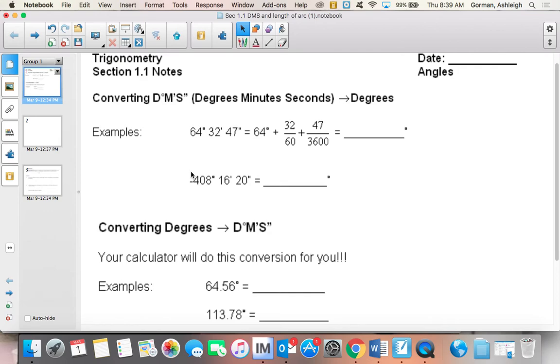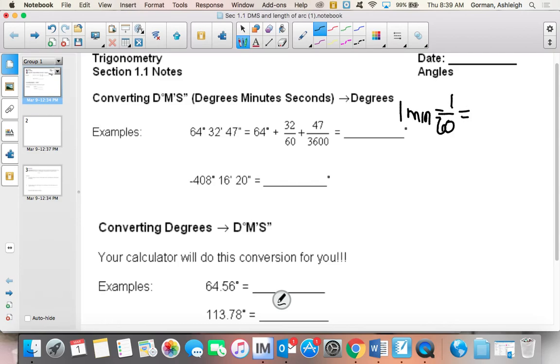So here, if I have something given in degrees, minutes, and seconds, I need to think of it as a circle. Well, for minutes, if I'm given 1 minute, I know there's 60 minutes in an hour, so it's 1/60th of an hour. If I'm trying to write this as a fraction to convert it into a decimal, I would represent that as 1 with a little prime. That's all that